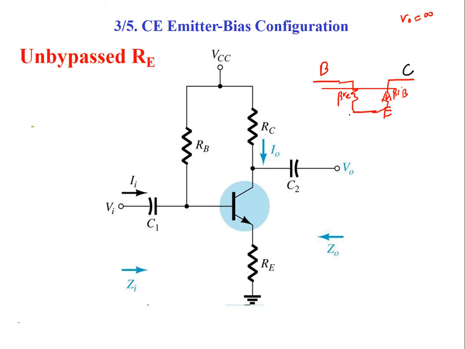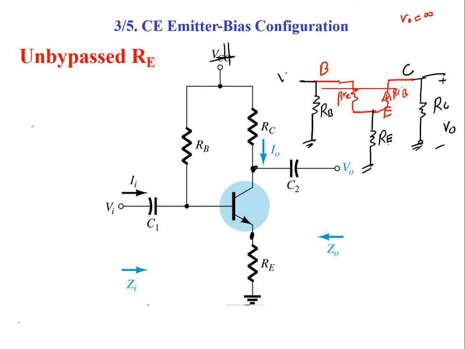So this is your collector point. Now what is happening at the collector? At the collector point, DC is going to ground, so there is an RC resistance which is going to the ground. This is your output point. At the emitter point, you have an RE resistor, and now the emitter is grounded through this RE resistor. At the base point, you have an RB which is going to the ground. And then you have the input here, so this is your input side.